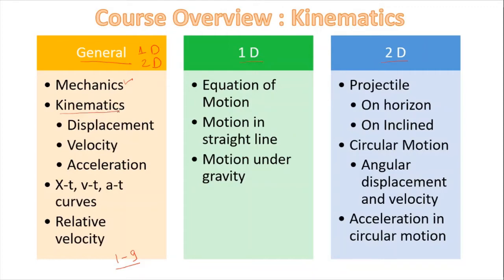Inside kinematics, we are going to discuss the kinematics quantities, that is displacement, velocity, acceleration. After reading all these three, we will try to understand the quantities and their relationship using the curves, that is xt, vt and at curves. So we will have to plot graphs for all these, and we'll have to enhance our understanding of graph reading, so as to make it easier to understand any kind of motion. The xt, vt, at curves are going to help you in understanding the kinds of motion.